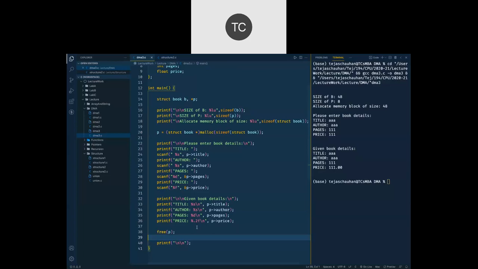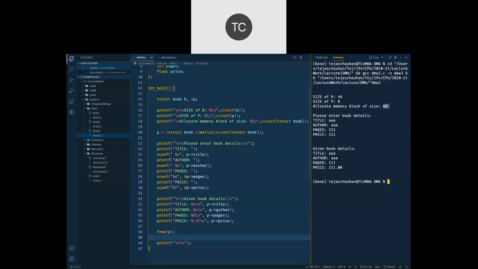Manav is asking, after storing a value, what will be the size of P? Look, Manav, P is a pointer variable and it requires 8 bytes. That's it. P की size 8 bytes ही रहेगी. It stores the address, so it requires 8 bytes. Now these 48 bytes have been allocated separately. 8 बाइट के अलावा और 48 bytes आपको allocate हुए हैं.